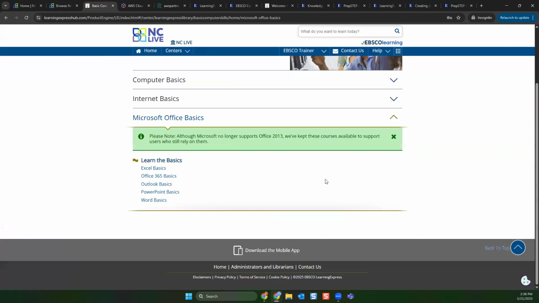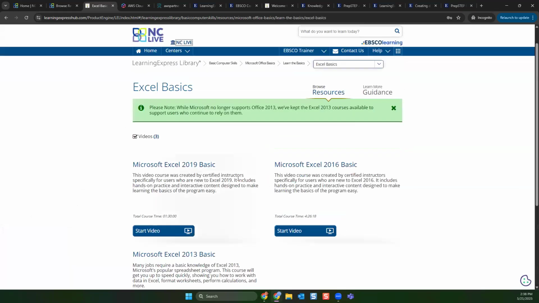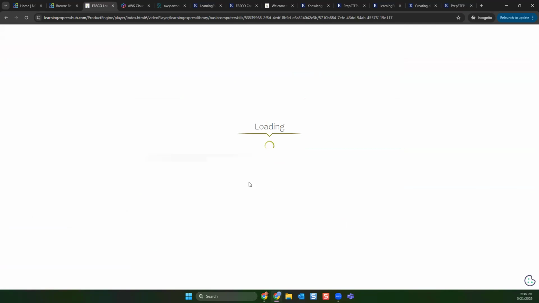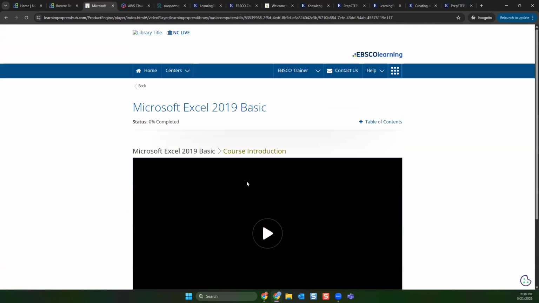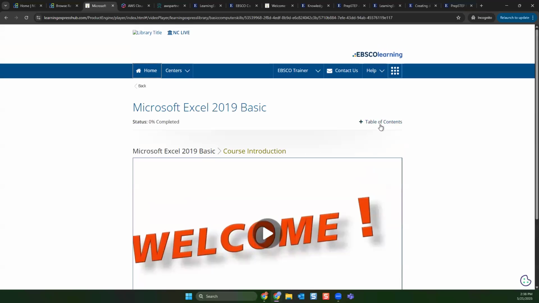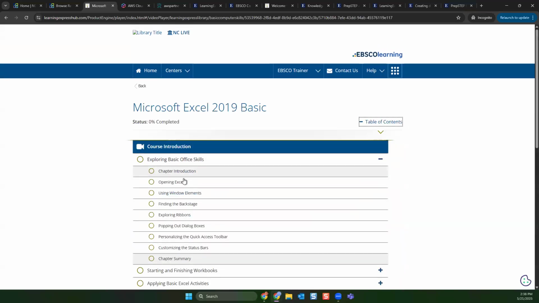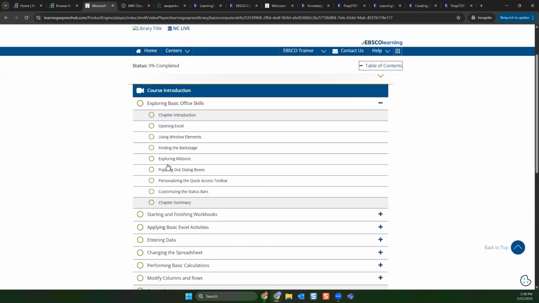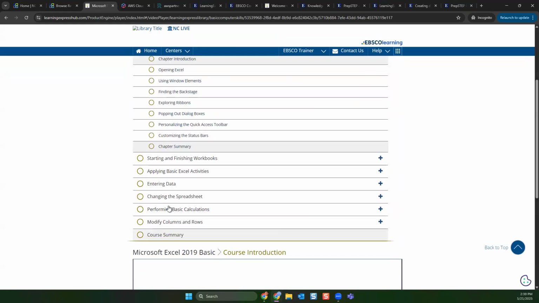And so in the Microsoft Office Basics, you can access a video tutorial. I'll just access Excel Basics, for instance, and I'll launch Microsoft Excel. This is a video, passive resource. In the table of contents in the upper right corner, it shows you how this, I think a 2-hour long video, is broken down into mini videos so you can quickly view, for instance,